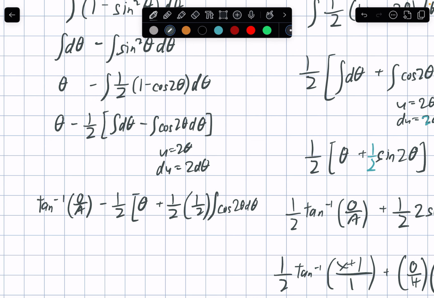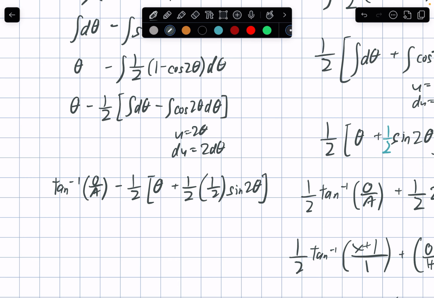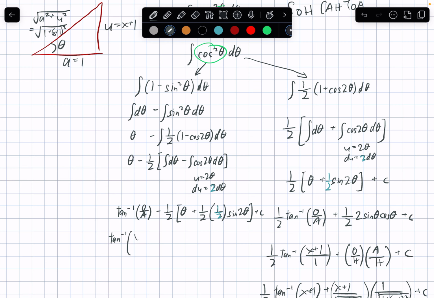If we want to integrate this already, cosine becomes sine. Don't forget the 2 theta. And don't forget the plus c. So this 1/2, to clarify, it came from du. Okay, this other 1/2 came from distributive property, right? So arctangent opposite over adjacent, just write x plus 1 minus 1/2